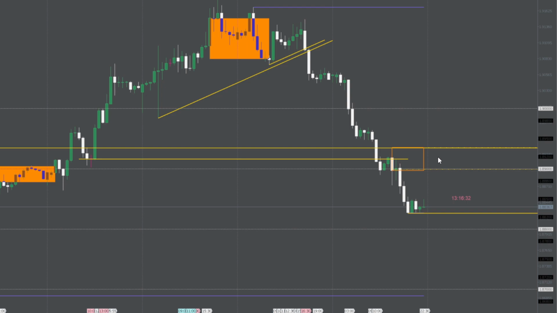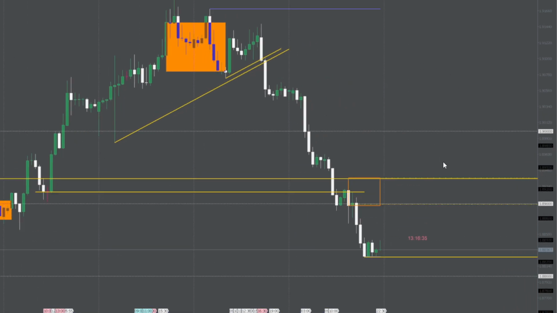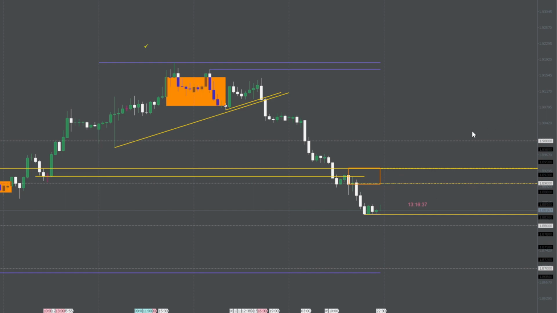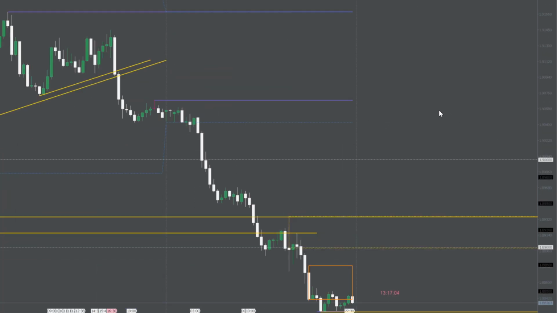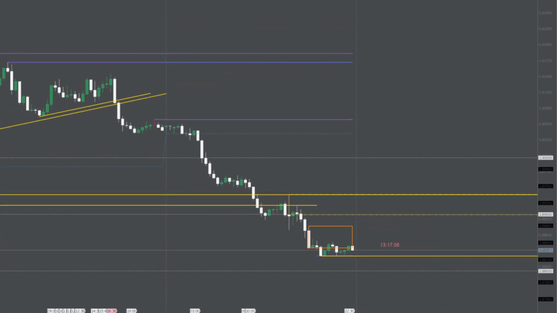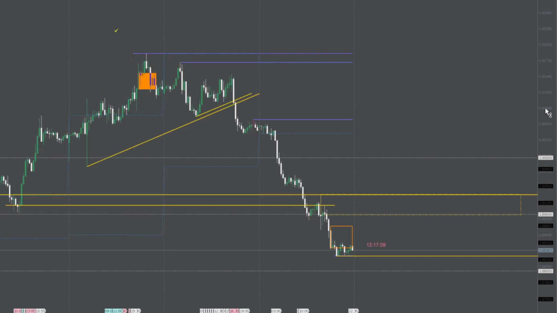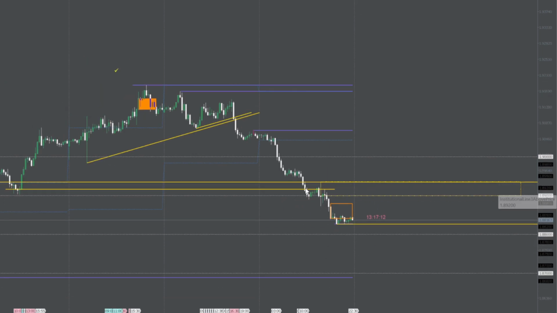So now, when we come back to the other side, now that we're on this right side of the move of this M, now we're looking for that support to now be our resistance, right? That's exactly what we're looking for. And I have identified this area and marked a box there. You see this orange box here. This was already done automatically with this market alerts indicator. Let me go down to a smaller time frame so you can see. Okay, make that small. So as you can see, I drew a box already from the higher time